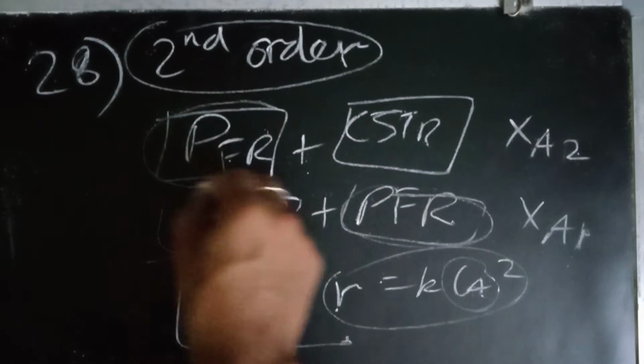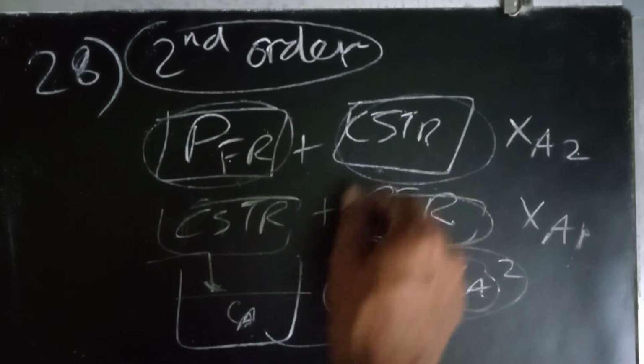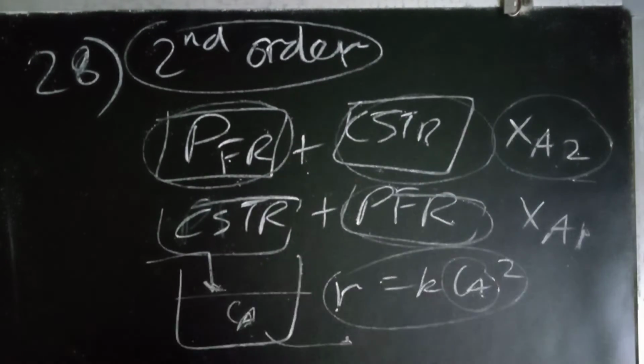So it's better to use PFR first and do the mixing later. Mixing later would help to get more conversion. So XA2 will be greater than XA1. Okay, that was conceptual, and I hope this was the question. If this wasn't the question, or the solution is different, or something else I missed out in the question, you can just comment, those who have given it. Else I think this was the question.